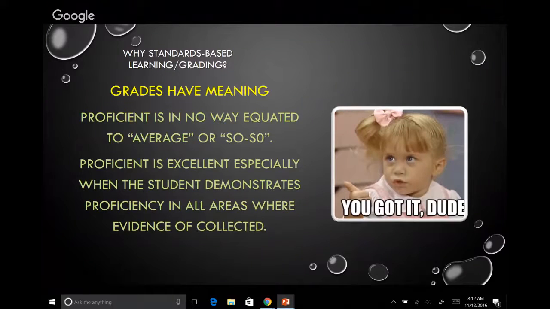In our traditional grading system, an A has become overinflated. Students can earn an A without ever applying their learning. A student can be completely compliant and receive an A, but not remember a single thing. How sad is that? In standards-based learning, the focus is on growing and learning. Proficient is something to strive for. It's no longer average or so-so. So ideally, we want our students to become proficient at everything and find something that interests them to go beyond proficient.